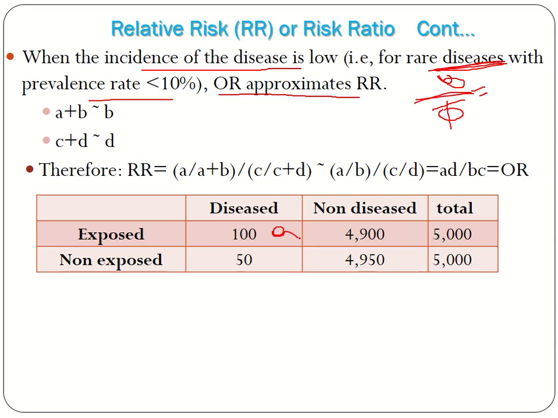ይሄ ኤ ነው፣ ይሄ ቢ ነው፣ ይሄ ሲ ነው፣ ይሄ ዲ ነው። ኤ ፕላስ ቢ ስታዩት በጣም ሬር ነው። እዚህ ጋር ቶታል ፖፑሌሽን ኤክስፖዝድ አለን፣ ነን ኤክስፖዝድ አለን። የኤክስፖዝድ ፖፑሌሽን ዲዚዝ ኢንሲደንስ ስናየው 100 ኦቨር 5000 ነው፤ የነን ኤክስፖዝዱን ደግሞ ኢንሲደንስ ስናየው 50 ሲካፈል ለ5000 ነው። ይሄ በጣም ትንንሽ ቁጥሮች ናቸው ከቶታል ፖፑሌሽኑ አንፃር።